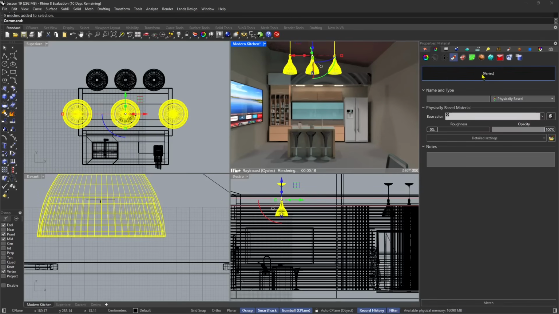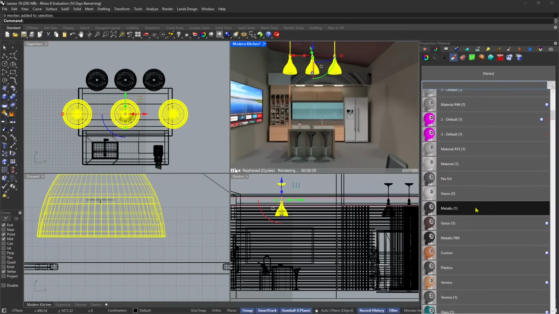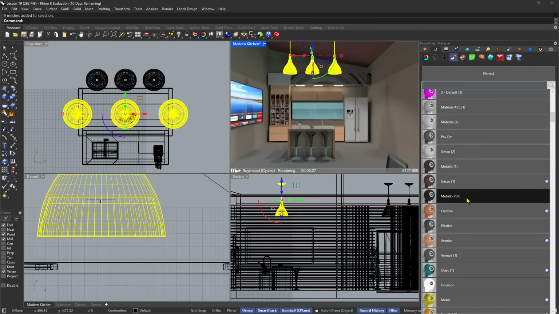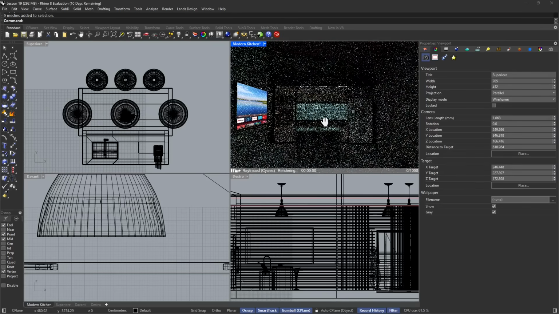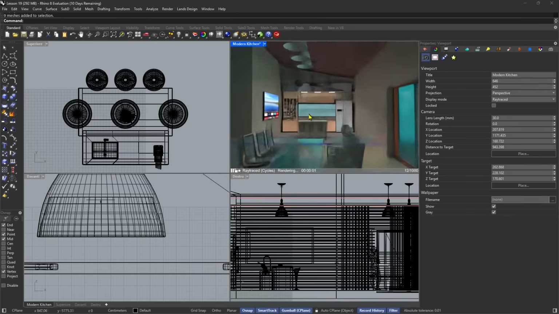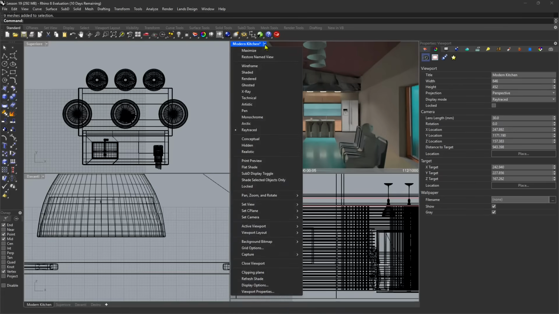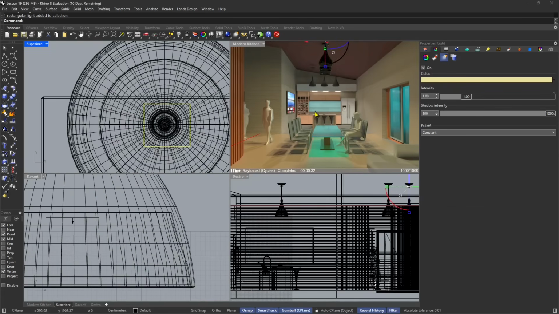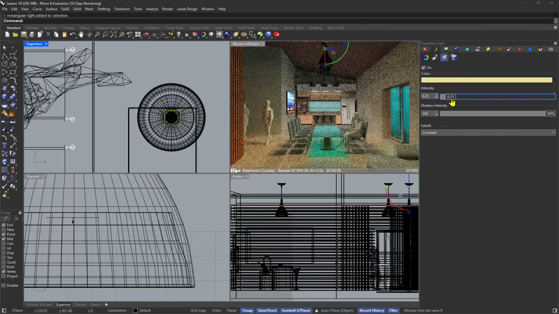So okay, this has many materials applied, but we can just apply one. And if we don't have anything here, we just create a new one. I'm gonna go with this metal look, which is fine. And so you can continue to add artificial lights at will. For example, I can put others in these other ones, and then just run a render and see how they're behaving. Now also, if you select the lights together, you will be able to manage them together, like changing